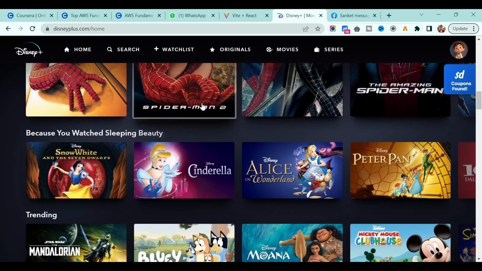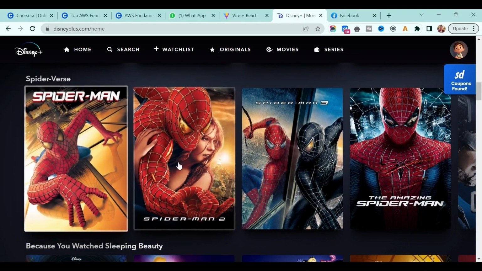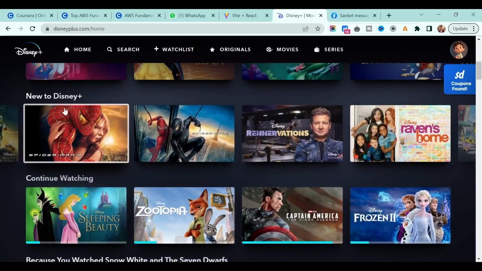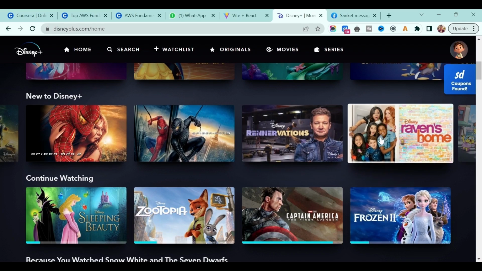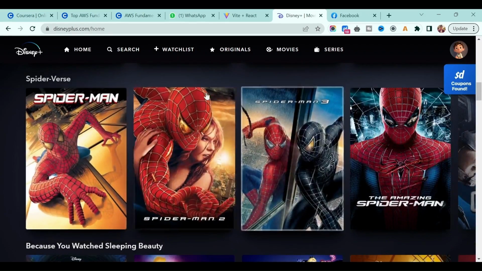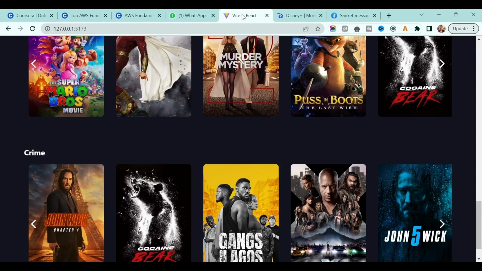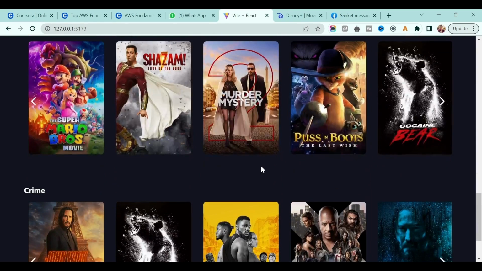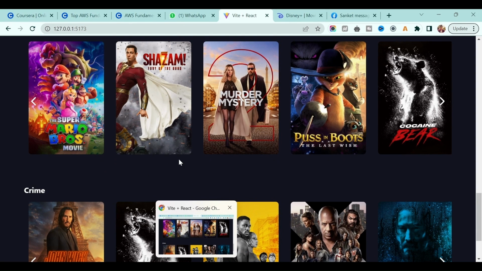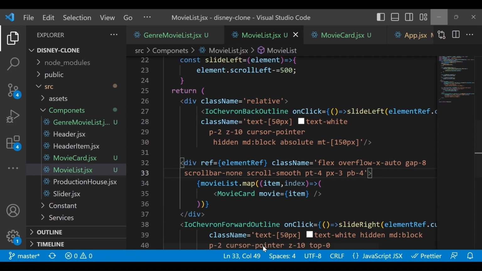So in this section we will implement this kind of thing, right? If you see, in most of the Disney application you will see this banner view movie list, and at some places you will see the vertical banner list. In our application we mostly show vertical banners for the movies, but in this case at some places we will show the horizontal banner listing. Okay, because we are giving a little bit of a twist to our application. So let's go back to our application.